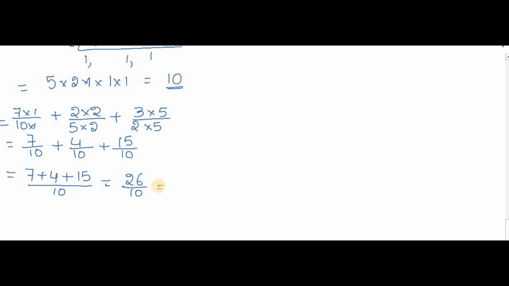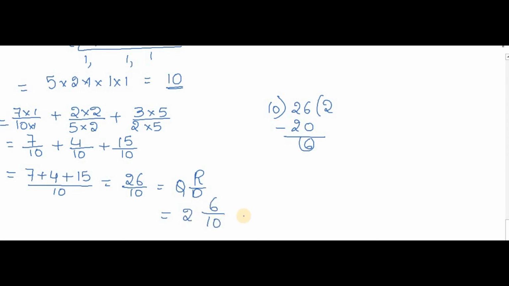Of course it is an improper fraction because numerator is greater than the denominator. 10 2s are 20 and 6 minus 0 is 6, 2 minus 2 is 2. So we know how to write this one, quotient remainder by divisor, and here in this case my quotient is 2, my remainder is 6 and my divisor is 10. 2 6 by 10. And students, you can even solve this one also in another way because these are multiples to each other. We can solve that 2 3 by 5.